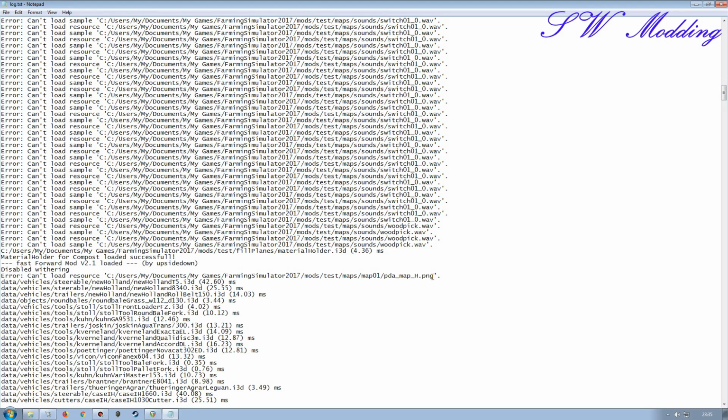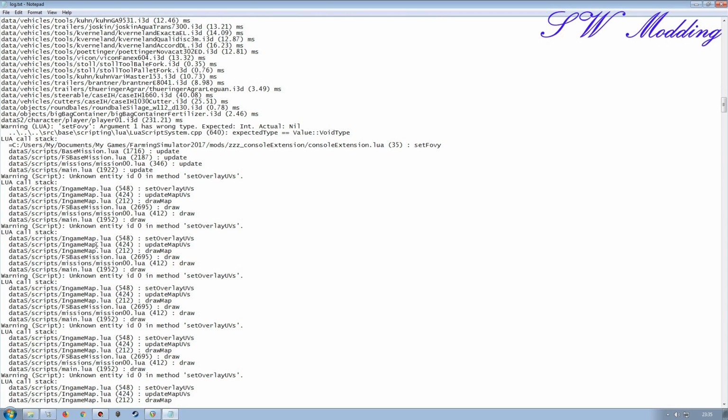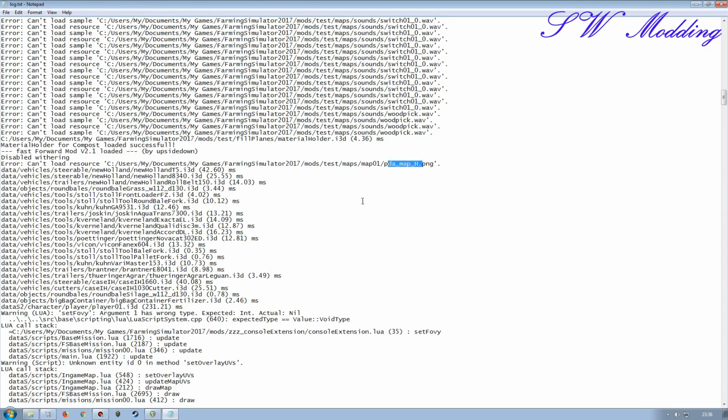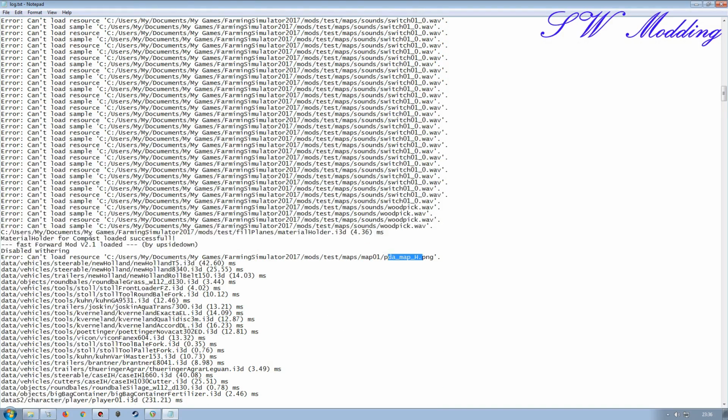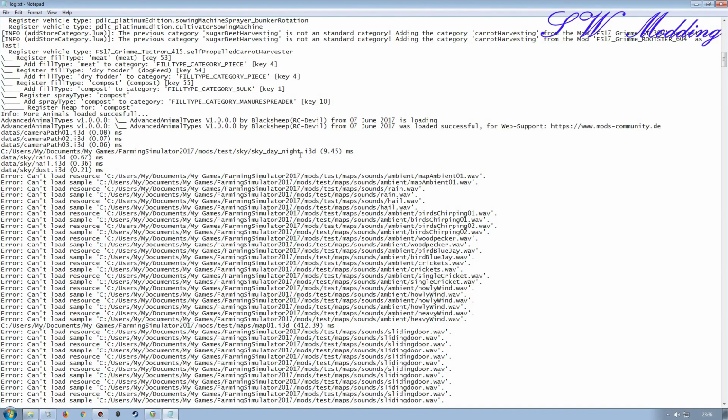We need to bring over the PDA map, which is in the map01 folder, and we've got some errors down here which are to do with the in-game map, so those errors there are linked into this one here. But everything else there looks okay. So what I would do then,